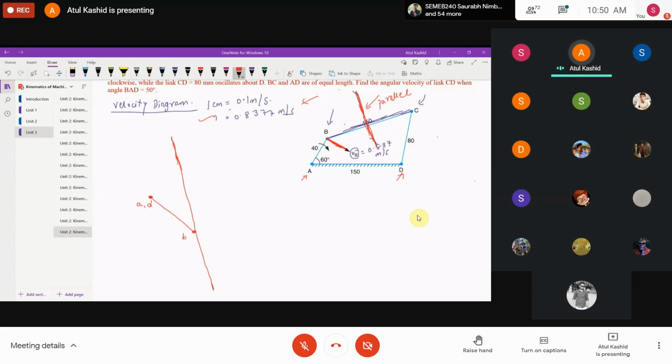Now I've drawn this for what? For the link BC, right? And I forgot to show this velocity. So the arrow is pointing towards B. So this is velocity of B with respect to A, I can say, right? Similarly, this point C, we can see it is rotating with respect to this point D, which is fixed. So here we have also seen that point B was rotating with respect to A. Similarly, point C is going to rotate with respect to point D, right?